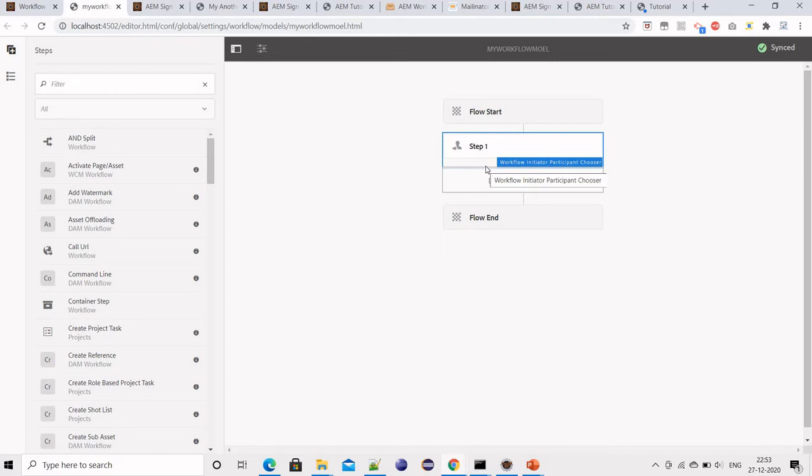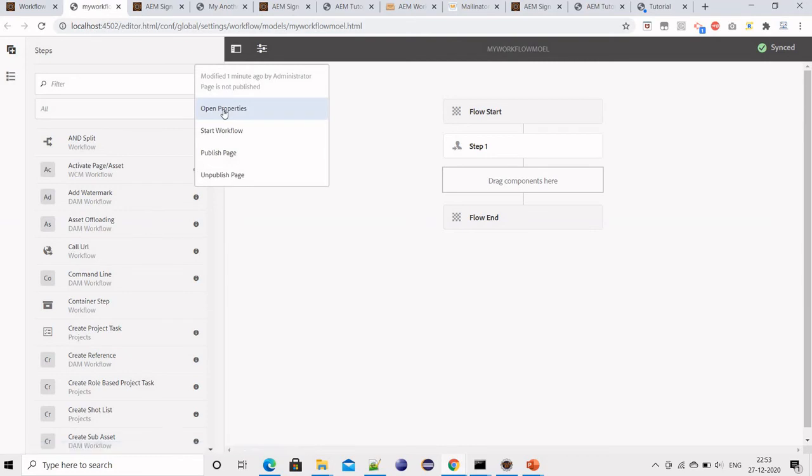I will explain using the other tiles. There is a tile in which we can go to that console. We can see the history of any workflow which is running, or already completed, or maybe failed because of some reason. So we can check what the issue is through logs. But how can we add those stages?